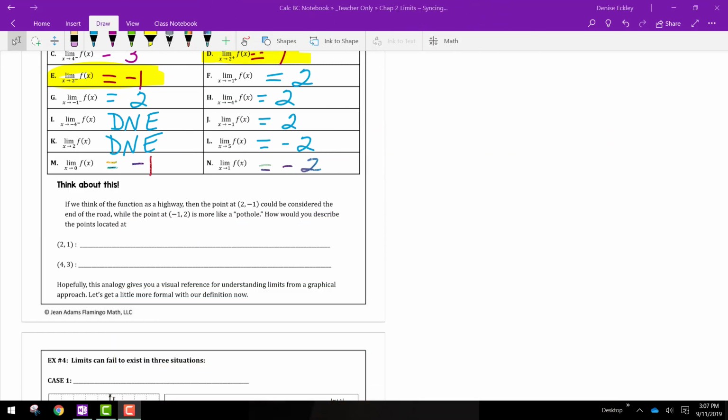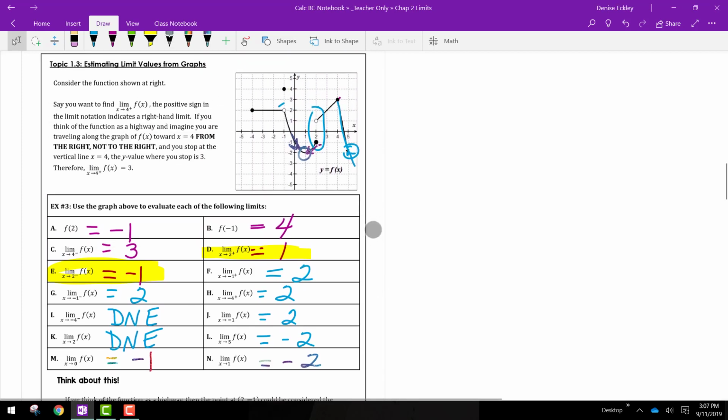This is part 2 of lesson 2's notes. We were in the middle of determining the limits from this picture, and what we're going to do now is answer the 2 questions at the end and then go on to the last part of this lesson. So we are being asked